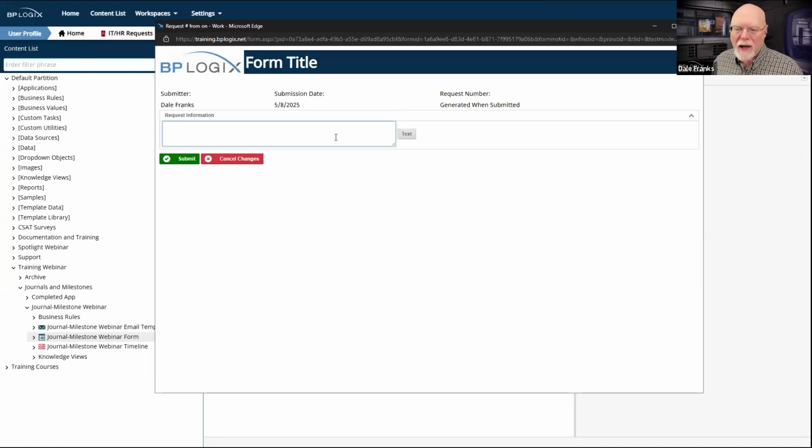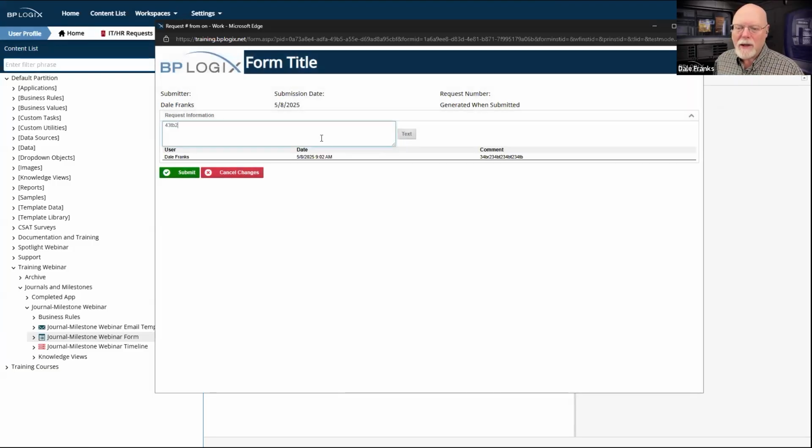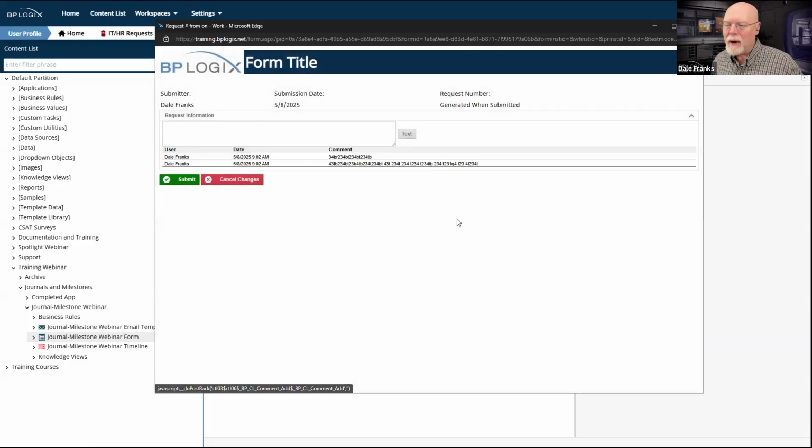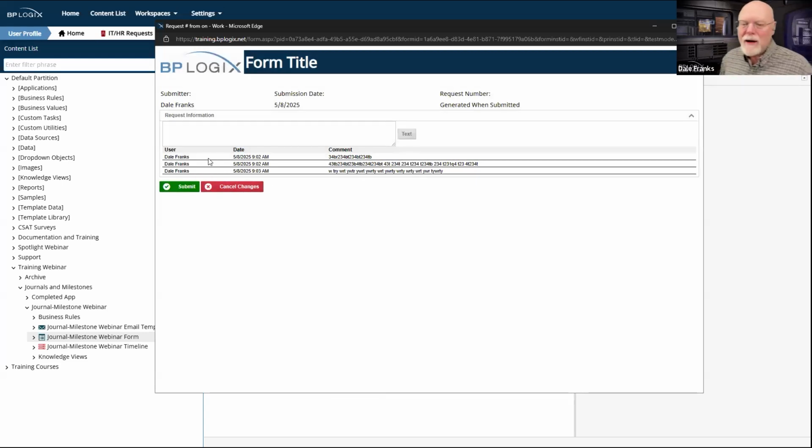So here's what that comment log control looks like. And if I want to just start writing in some comments, I certainly can. And I can make whatever comments I'd like to make. And this is how they get displayed. They just show up in what is essentially an array below the text box for the comment log. And as you can see, it just presents a chronological list from oldest to newest of all of the comments that have been made.